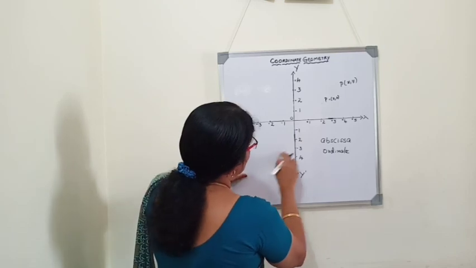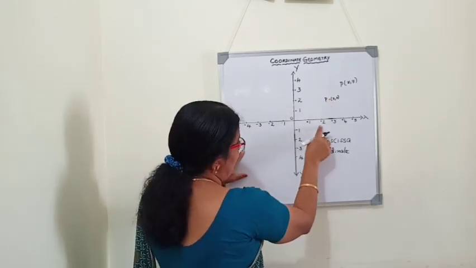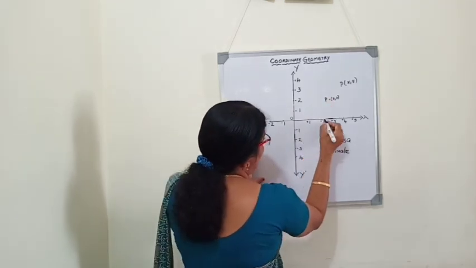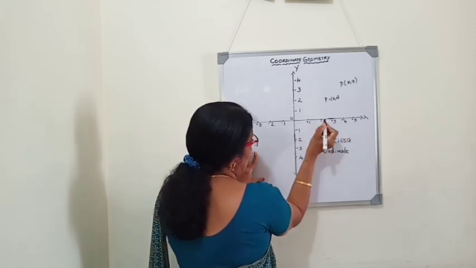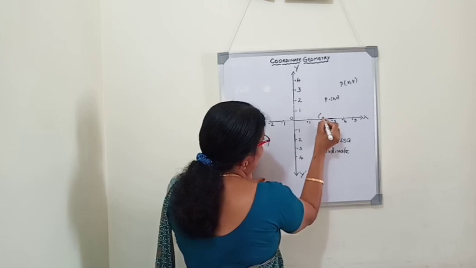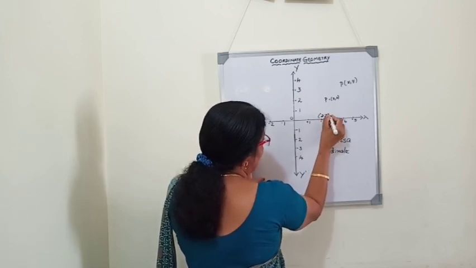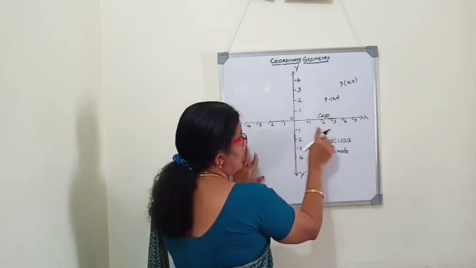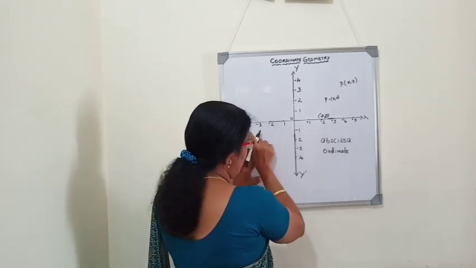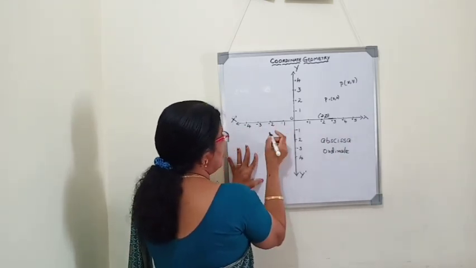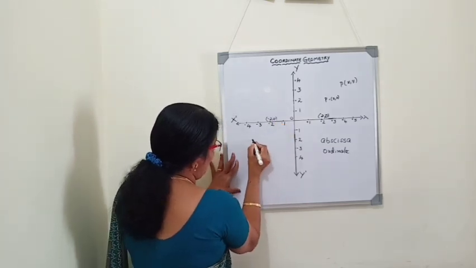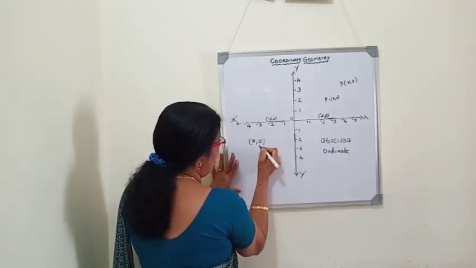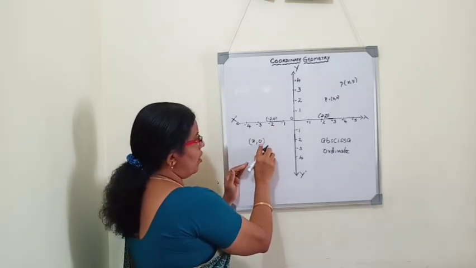Now, if you mark a point on the x axis, for example this point, what are the coordinates of this point? The x coordinate is 2 and the y coordinate is 0. So any point on the horizontal number line or x axis, the general form will be, see here it is (-2, 0), the general form is (x, 0). First we will mark the x coordinate and then 0 as the y coordinate.